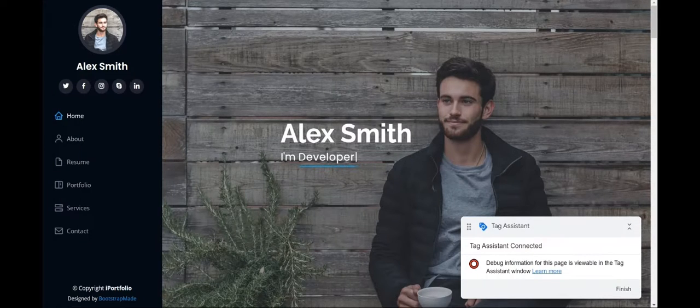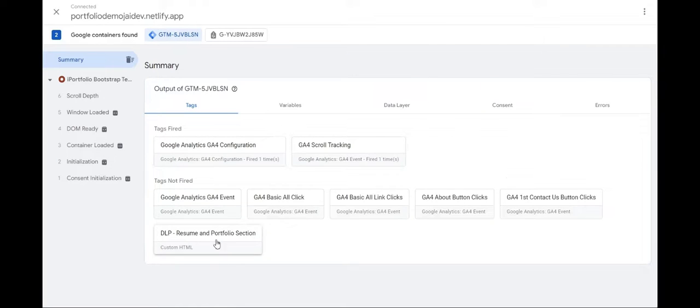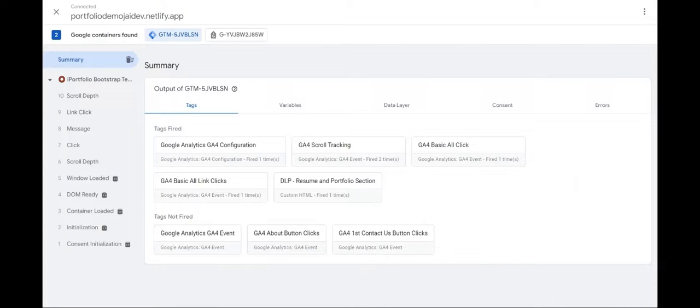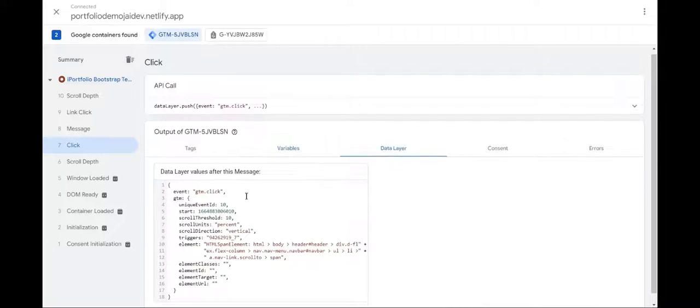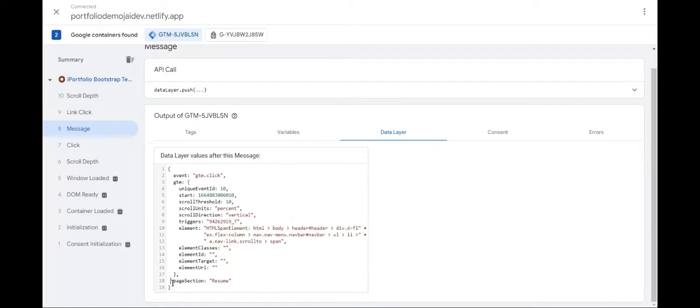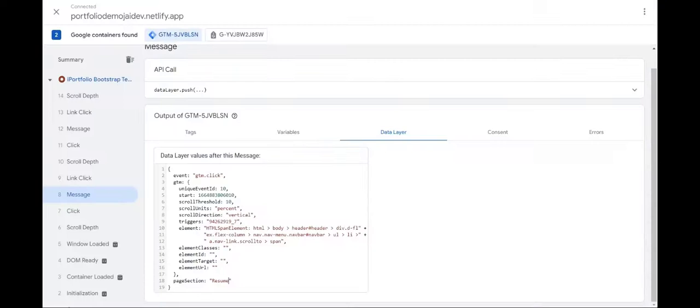Yeah, as you can see, the tag is not yet fired, but when I click on resume, now the resume and portfolio section tag has fired. And if you go to click here, data layer, we can't see the page section yet, but if we go on message, we can see the page section is a resume. Now to check if our tag actually works, I'll click on portfolio as well, and if